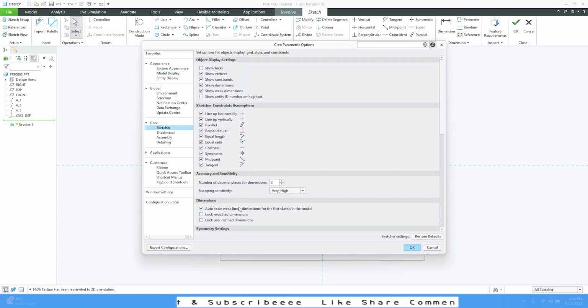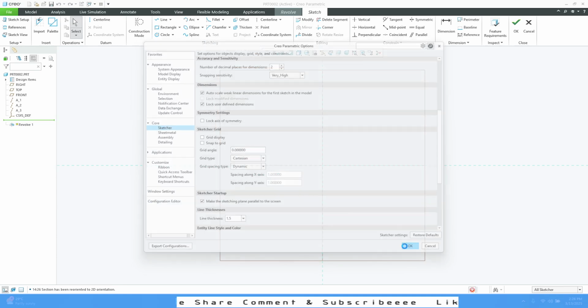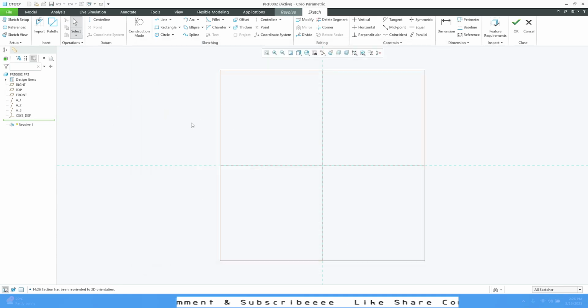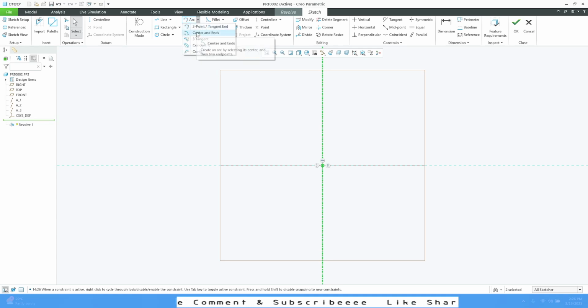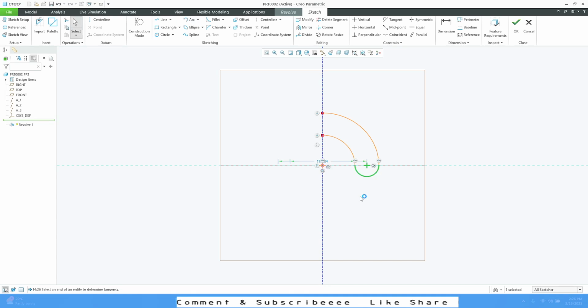Go to sketcher, lock user defined, and make the sketch angle parallel. So after these few settings, I'm gonna start with my center line for vertical, and then I will select center point arc, draw an arc like this, and same one more arc like this. Cancel the arc command, go to center and not center end but 3 point, select these two and join them. After this, you will get this